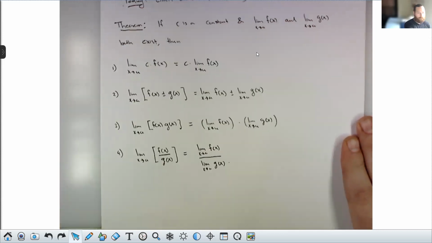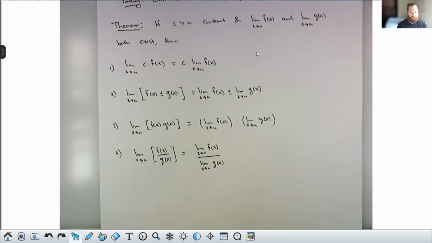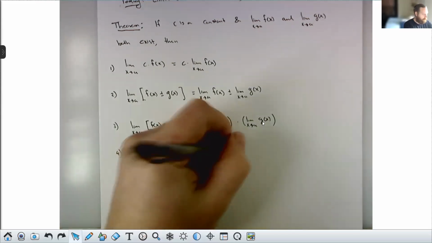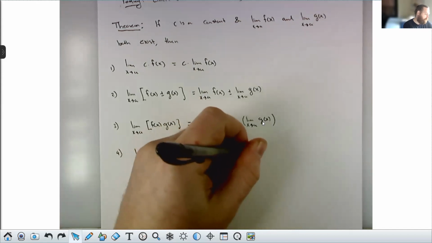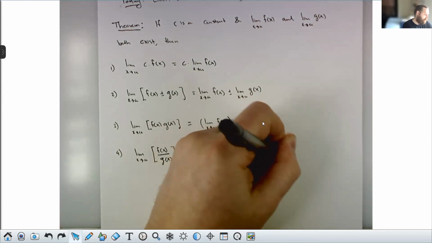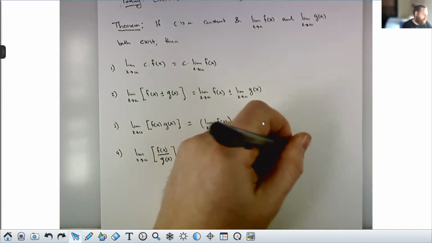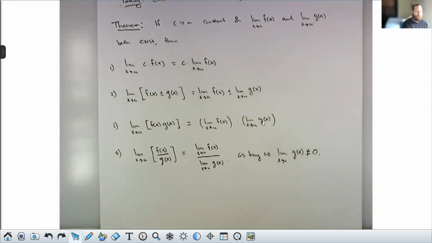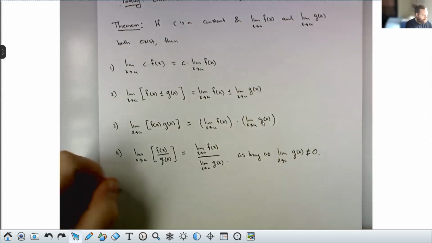All right, so this is the theorem on your limit laws. We can actually extend this quite a bit. This holds as long as the limit as x goes to a of g of x, the bottom, is non-zero, right? This can be extended